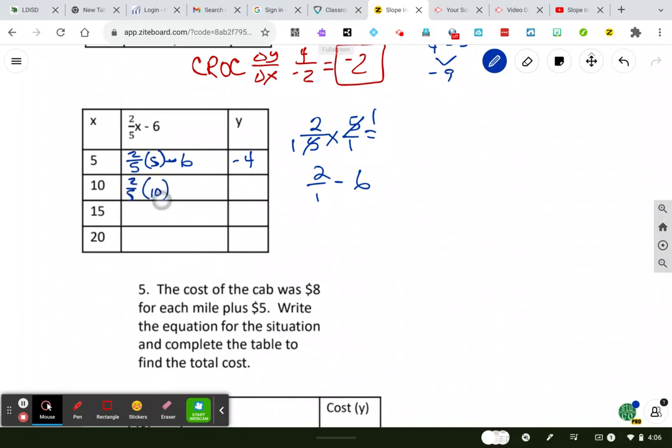2/5 times 10 minus 6. So 2/5 times 10 over 1. Cross cancel those two. 5 divided by 5 is 1. 10 divided by 5 is 2. So you get 2 over 1, which is 2. So then 2 minus 6 is going to give you